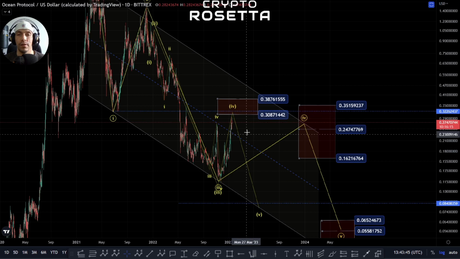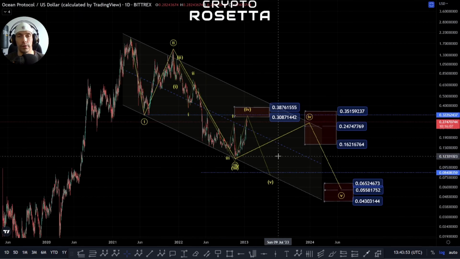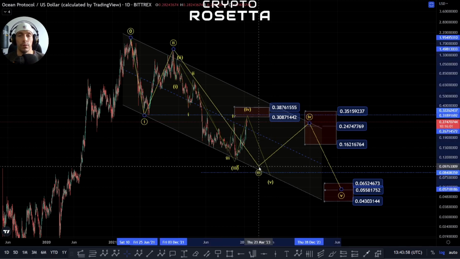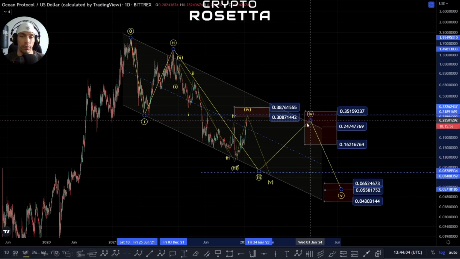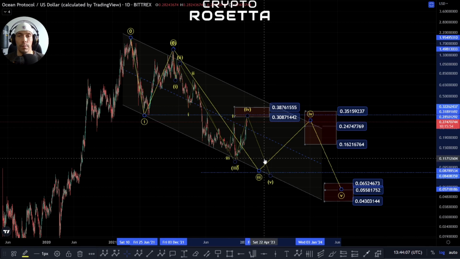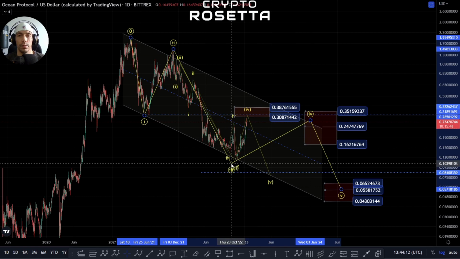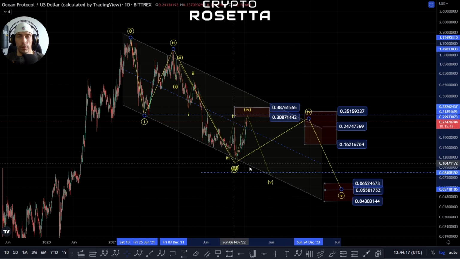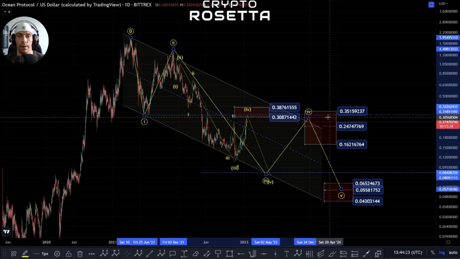If we fail to get that back test and hold that support, or we start to get the wrong structure to the downside, then it now becomes more possible that actually what we're doing is this. And if we are talking about the potential that some of these BTC and ETH potentially are having another drop to the downside, it is fully possible that something like this could play out, and this would then basically make us look to either, like I said, look at this as our 3rd wave into here and count this slightly different, or alternatively we're still within this 3rd and we have this additional drop. One way or another, whichever way it is,